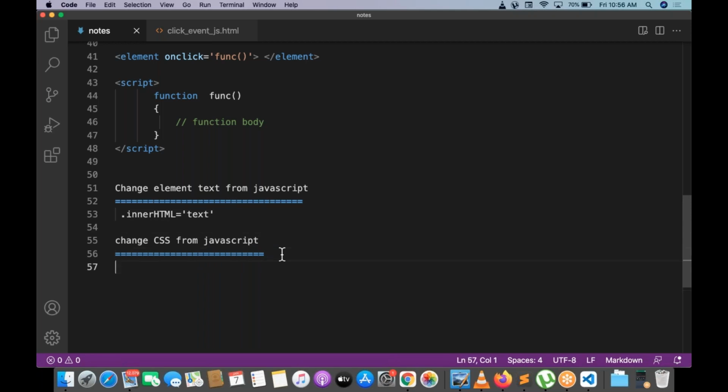And how to change the CSS? Changing CSS is very simple. Dot style dot property name, property name is equal to value. For example, dot style dot color is equal to red.